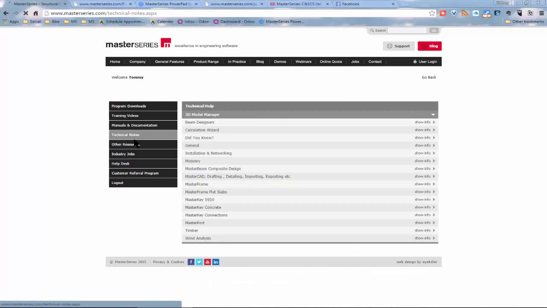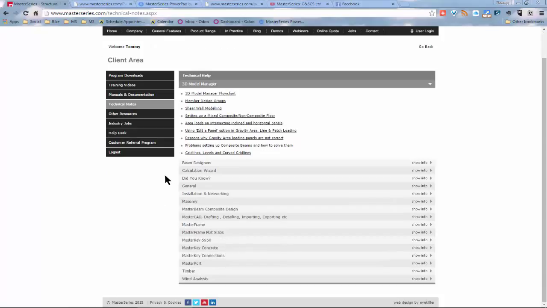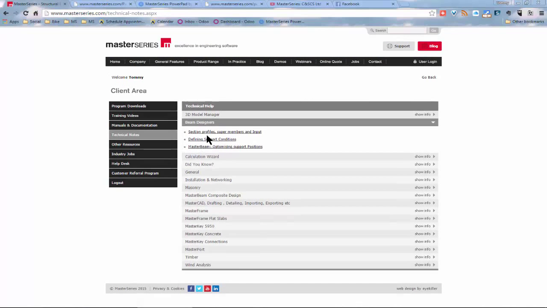Also, we have technical notes. These are little things that need to be clarified for some people. Somebody actually asked me today, how do I do shear wall modeling? Well, actually in PowerPad you can't do it, but if he's on the line now, that tells you how to do shear walls. You would need to use the full MasterFrame to do the shear wall modeling with the model manager to help you. So you have your beam designers, how you set up your support conditions and super members,